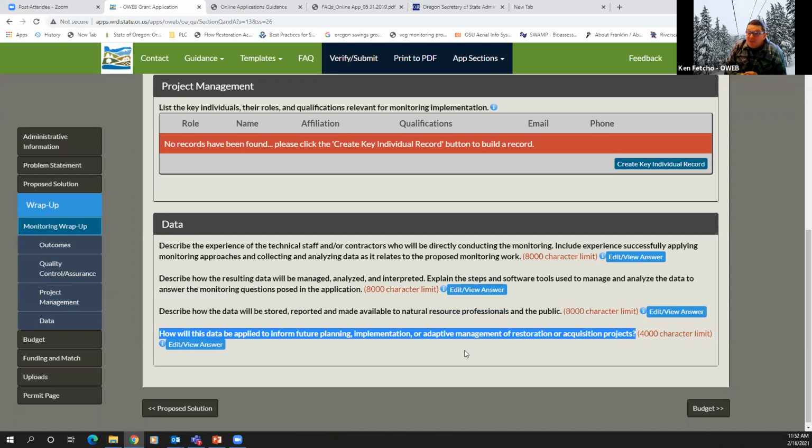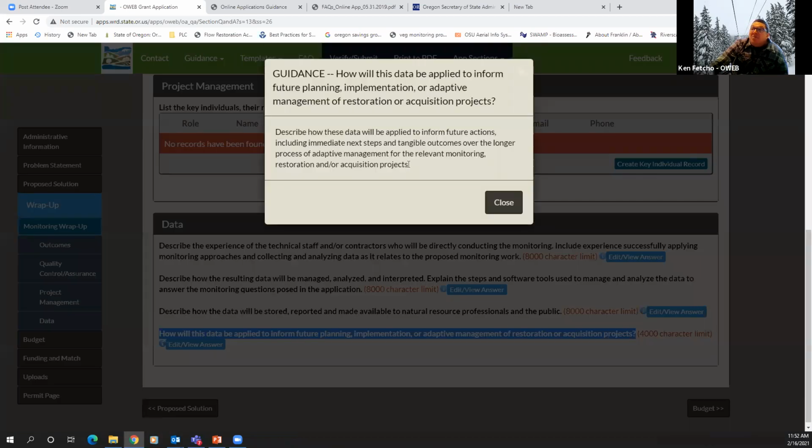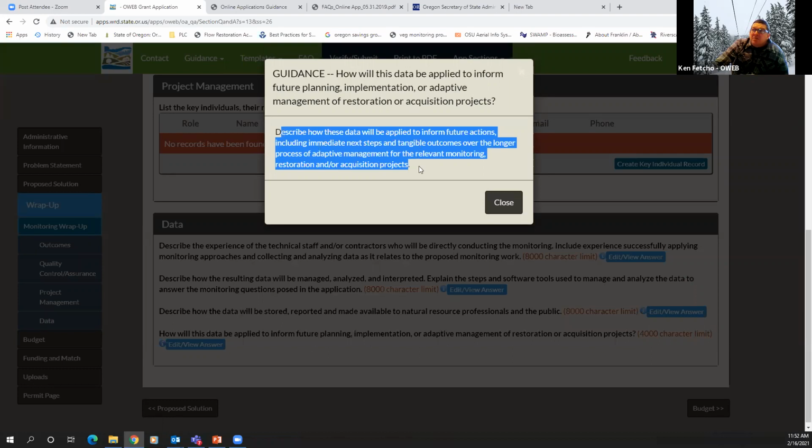revised rules, which is, how will this data be applied to inform future planning, implementation, or adaptive management of restoration or acquisition projects? And so we try to provide some guidance here to really encourage you to talk about immediate next steps and tangible outcomes over the longer process of adaptive management for the relevant monitoring, restoration, and or acquisition